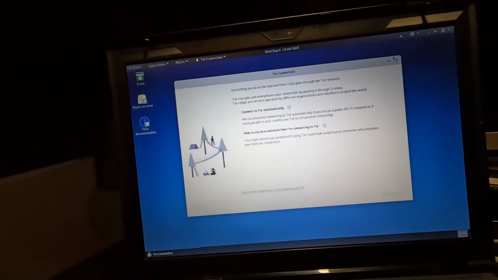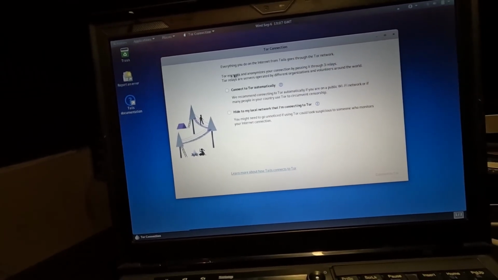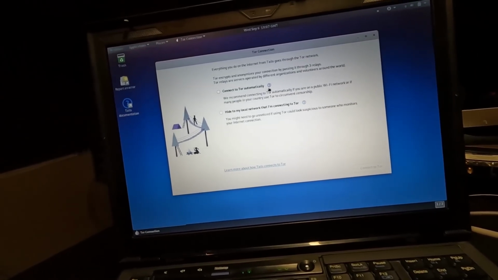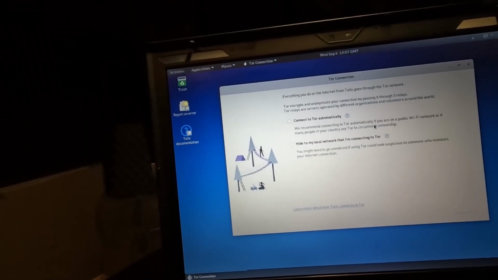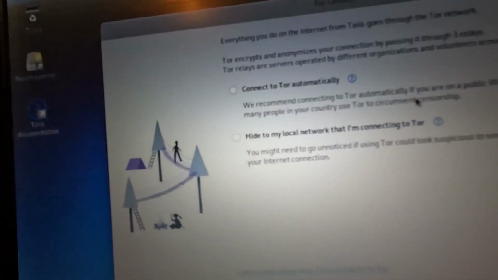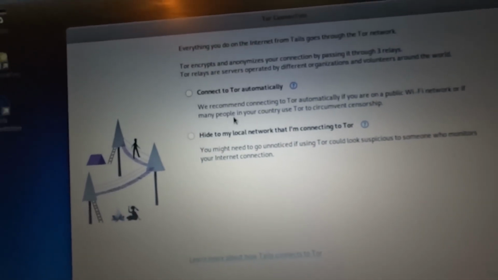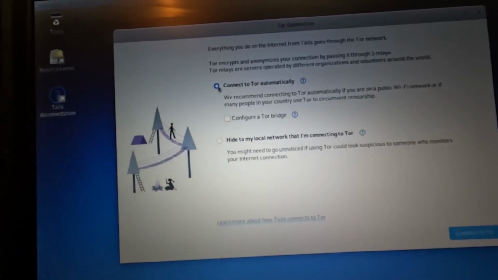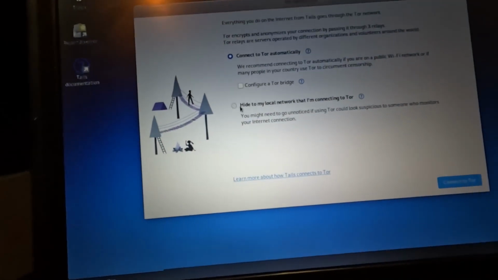Okay, so now I'm connected to Wi-Fi and this Tor connection comes up. This is another thing that you might diverge from depending on your requirements. It tells you right here, if you're in a country where a lot of people use Tor to circumvent censorship and it's not really going to make you stick out, then you can just connect to Tor automatically. And then you also have the option to configure a bridge here if you want,